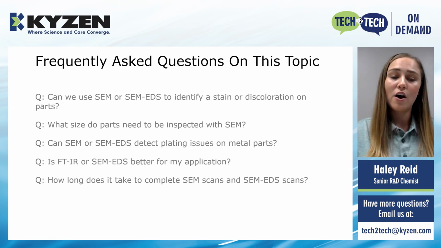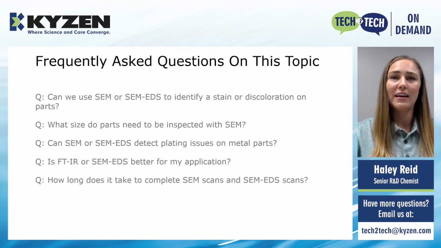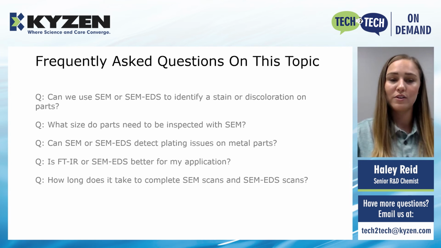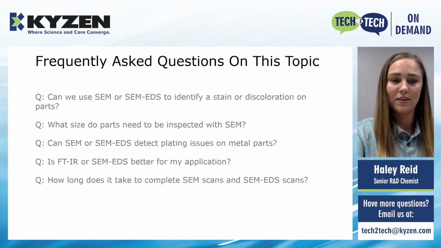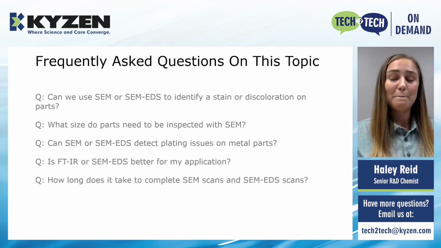But FTIR can actually use the chemical bonds to tell you what that chemical is. So it can tell you if it is an epoxy or if it's a silicone or something like that. It's actually going to be able to match that with a percentage. So it's a 99% match to your epoxy. SEM EDS is better for metal type